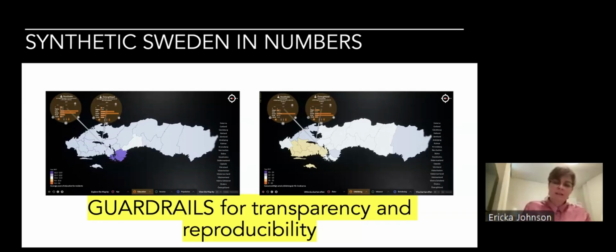So one of the things we're taking away from this research is we have to try to figure out how to make this type of data transparent and ask ourselves, and that's why I'm speaking with you guys today, what sort of guardrails or at least tools do we want to have for transparency and reproducibility? Now, this is not the first time I'm asking David these questions.